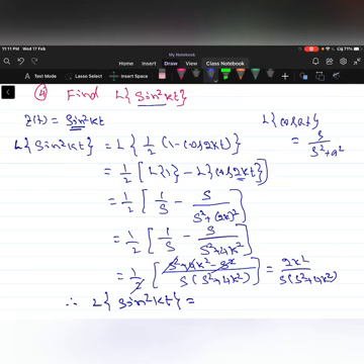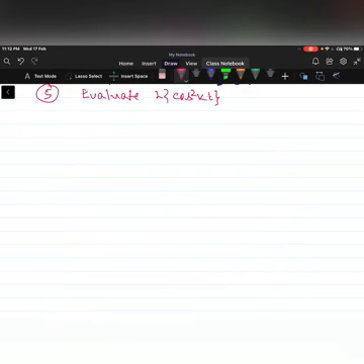kt can be written as 2k square by s into s square plus 4k square. So this is the Laplace transformation of sin square kt. So now let us find out Laplace of cos square kt. Let f of t is equal to cos square kt. Now let us take the Laplace of cos square kt.